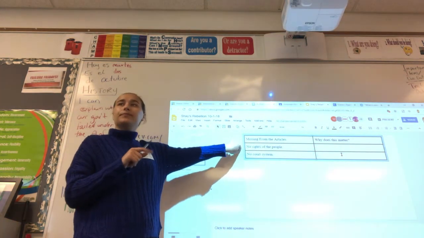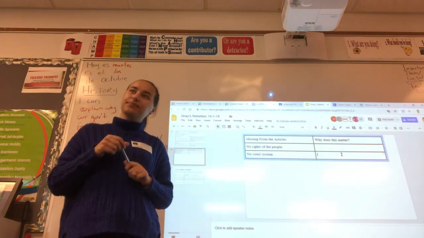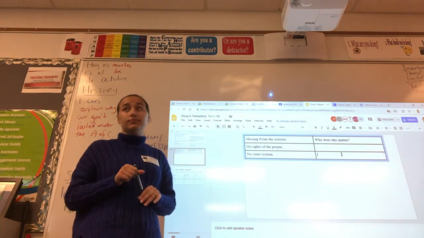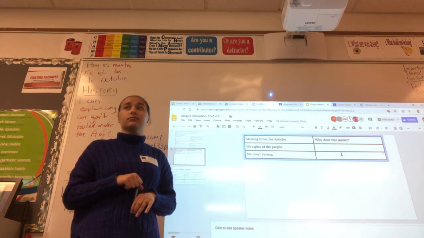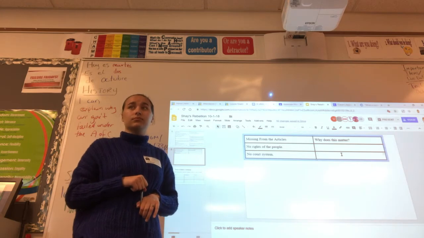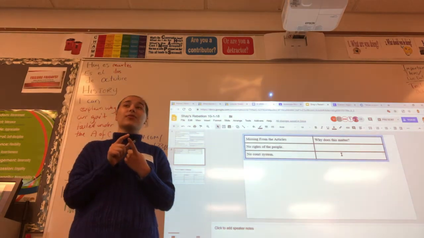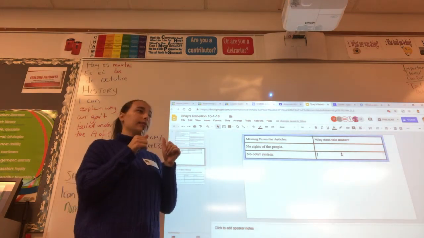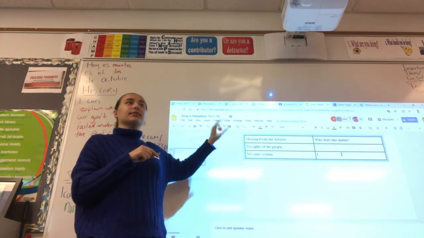No rights of the people. If they have no rights, I think they start turning against the government, because they want a say in something. And when they're not given it, they'll riot or something like that, because they want their rights. Yes, exactly. So people want their rights, and if they don't have them, they start to get into more conflict with each other. So I would say, no rights causes conflict.